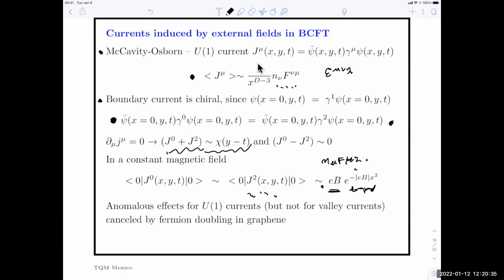So in 2 plus 1 dimensions, you have kind of smooth behavior. But if you work in 3 plus 1, then, I would like to clarify for other participants, we have an explosion of current when we move the boundary. And the coefficient in front of that is not given by topological properties, it's given just by the beta function.